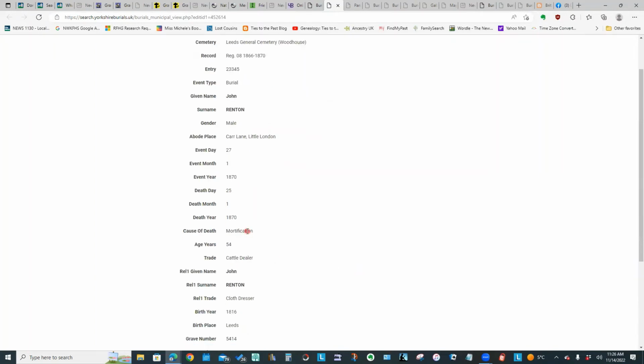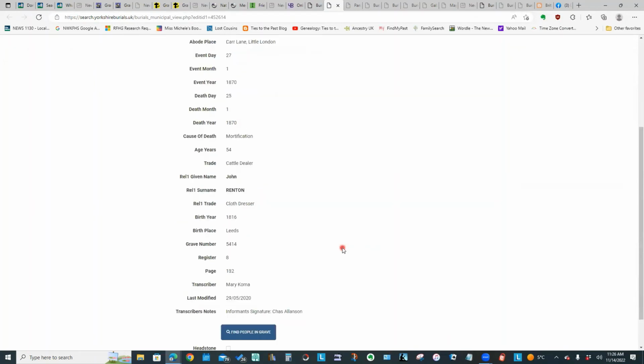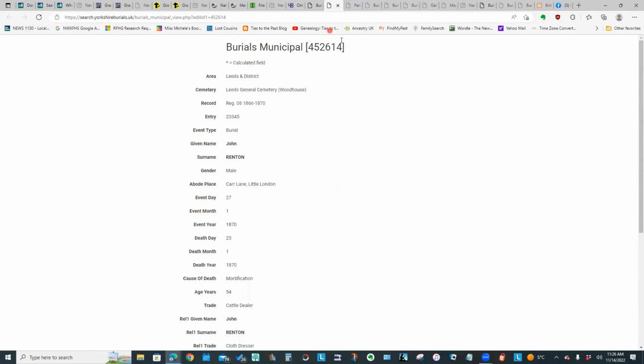It gives the cause of death, their age, what their occupation was. It will also give, in many cases, the name of the spouse. Here it's giving birth year, birthplace, the grave number, and the page and register that the information was obtained from. So that's all really useful information.